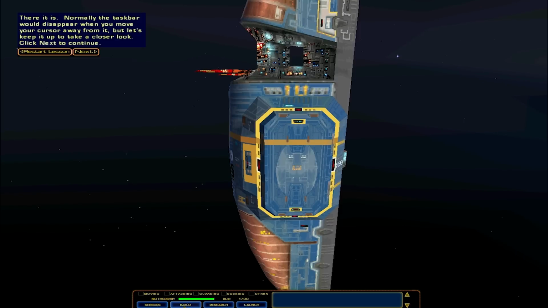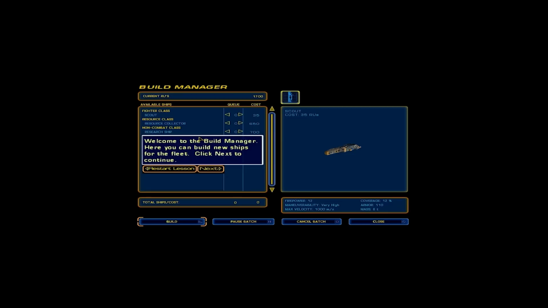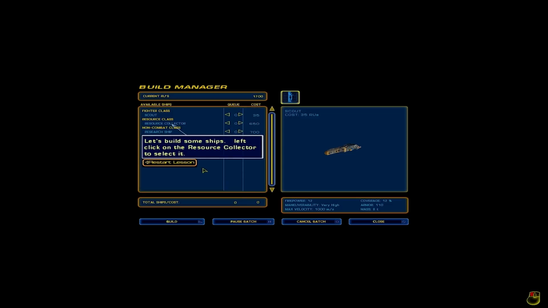taskbar would disappear when you move your cursor away from it. But let's keep it up to take a closer look. Click Next to continue. This button brings up the Build. Welcome to the Build Manager. Here you can build new ships for the fleet. Click Next to continue. This is your RU count. It displays the amount of resource units available for building. Click Next to continue. This is the ship list. It displays the ships available for building, their cost, and the number of...